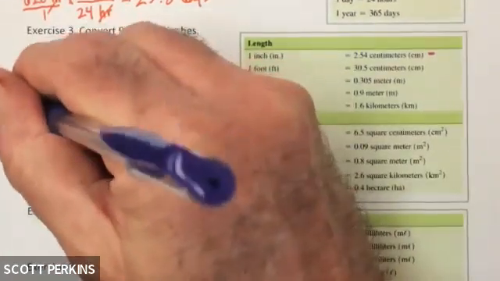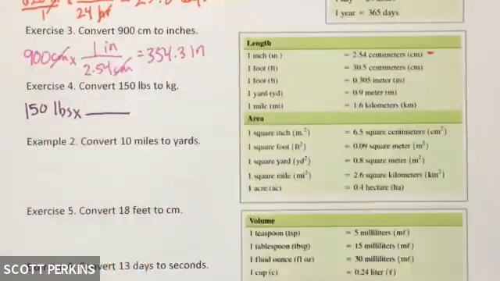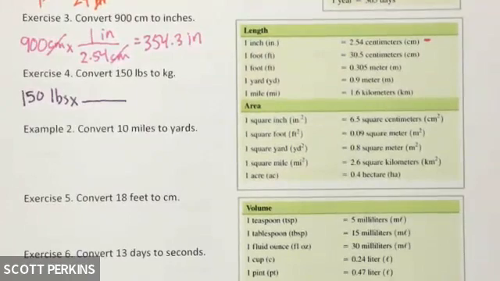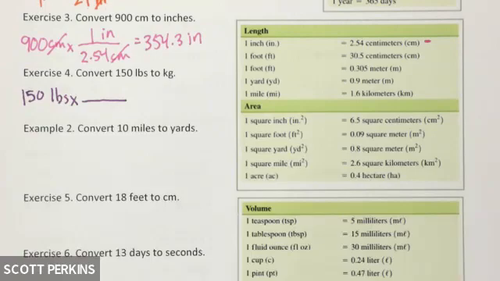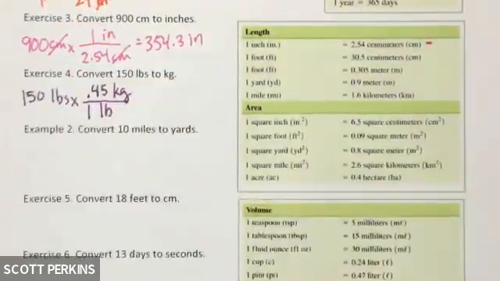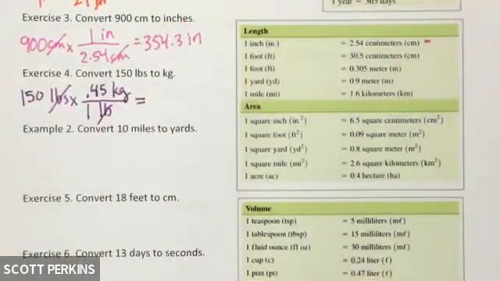So this one, we start out with the 150 pounds. I don't know why the abbreviation for pounds is LBS, so that's something I don't have an explanation for, but it is. And so the conversion down at the bottom is 1 pound is 0.45 kilograms. So I'm going to take the 1 pound, put it in the bottom. The 0.45 kilograms, I'm going to put in the top. And so the pounds will cancel. And so then we take the 150 times 0.45, and that ends up being 67.5